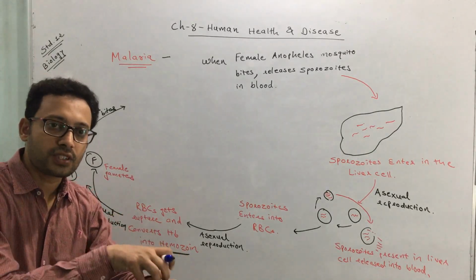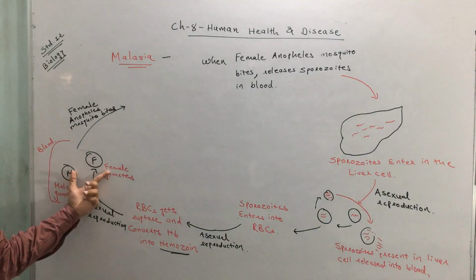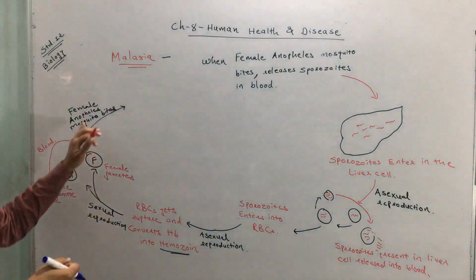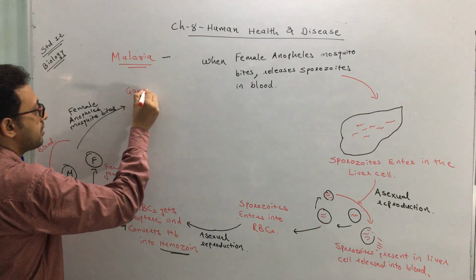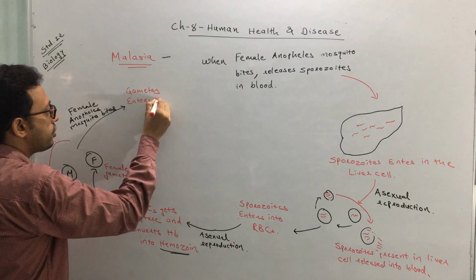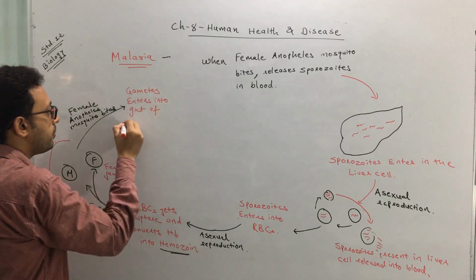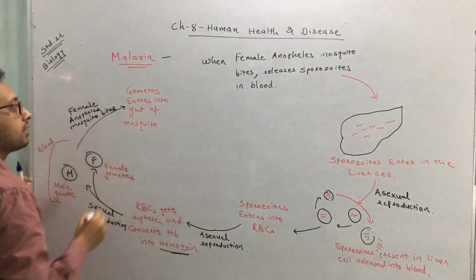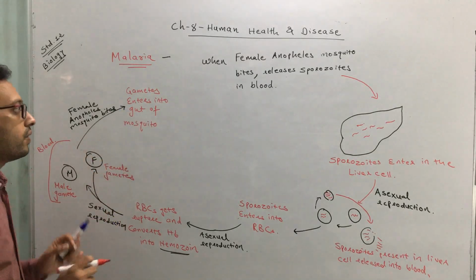The mosquito is biting for the sucking of blood. But now the blood has these gametes, male and female gametes. So they are also going to be sucked out along with it. So the gametes enter into the gut, meaning the stomach, of the mosquito, where